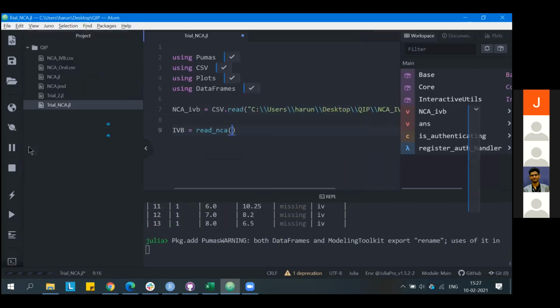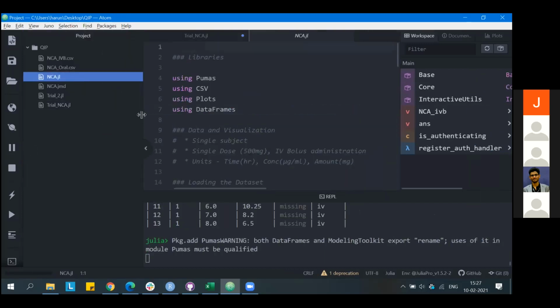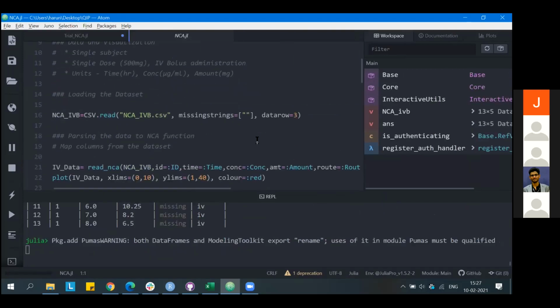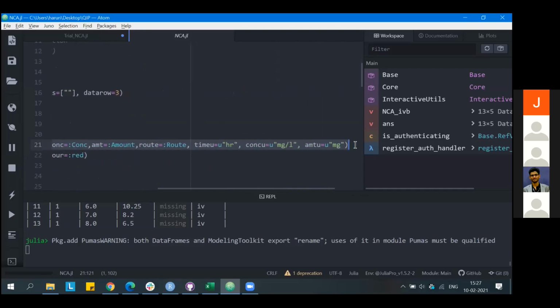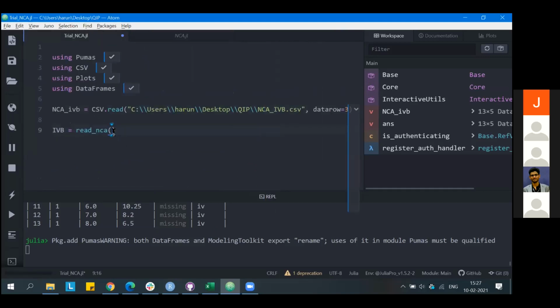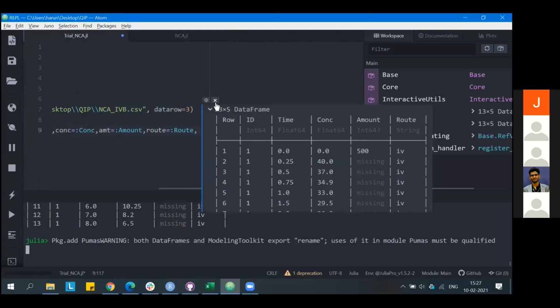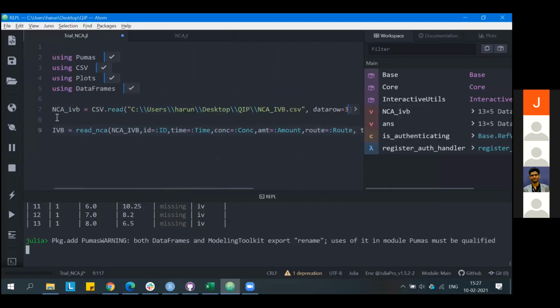I'll just copy paste the code so that the process becomes easier rather than typing in all the codes. I have just copy pasted the code, but I'm replacing these terms. Read NCA reads this object in my environment, that is NCA IVB, which here is in lowercase, so I'll replace it with IVB.